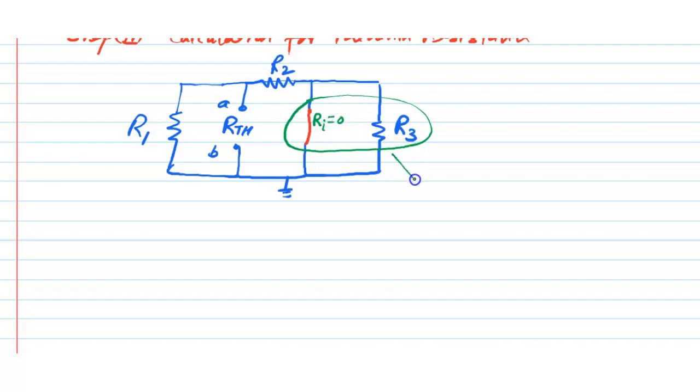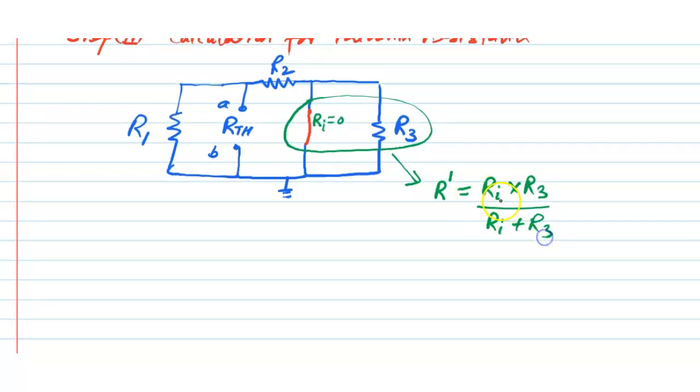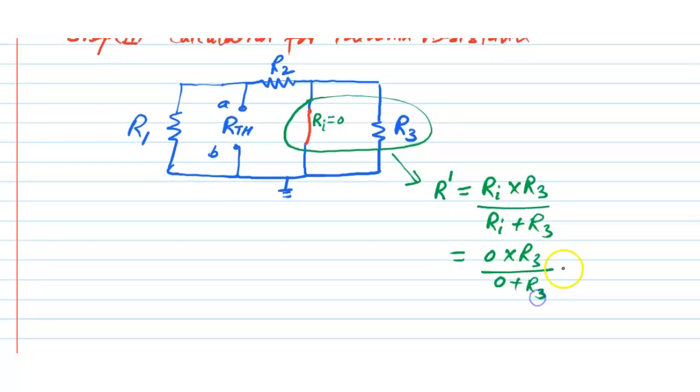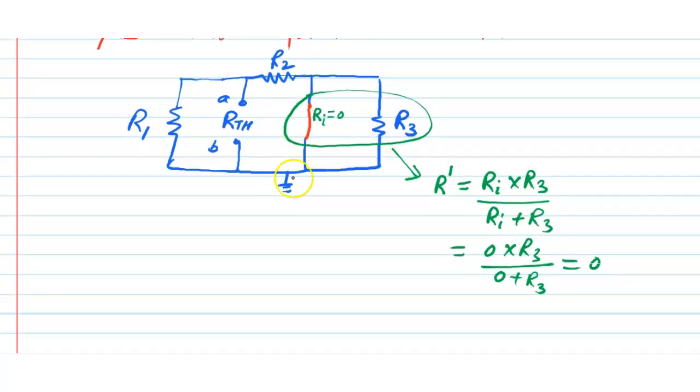Now the equivalent resistance of these two will be R prime is equal to Ri into R3 divided by Ri plus R3, because it is 0 into R3 divided by 0 plus R3, that is 0. That means this resistance is to be short circuited. Now this circuit becomes